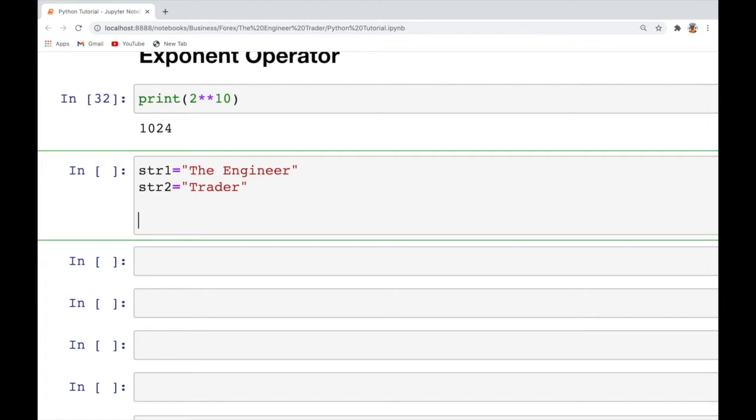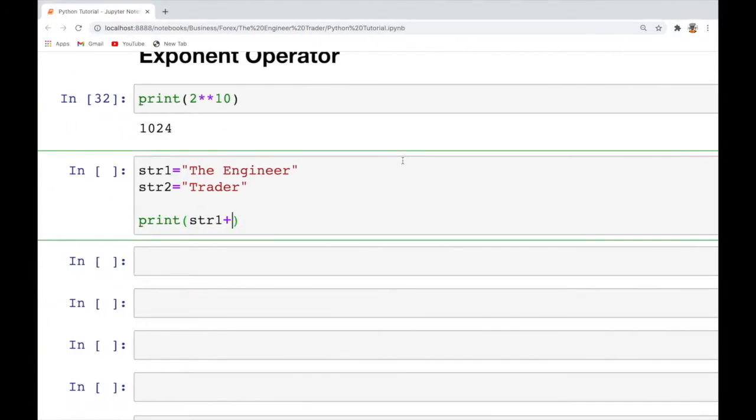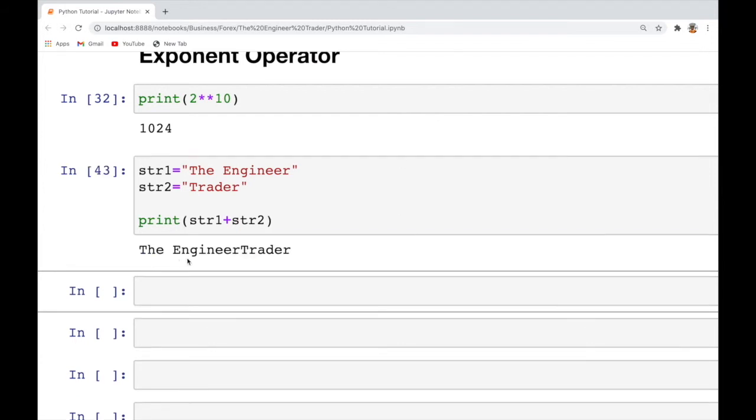It is actually very simple to do. Just print. Then what we will concatenate is, of course, string 1 and string 2. So let's have here str1 plus, since concatenation operator uses the plus sign, plus str2. Okay, so let's run it. The answer is the engineer trader. But